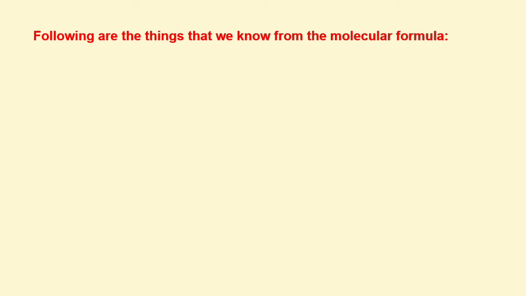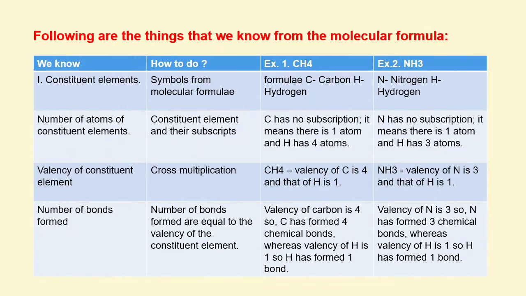Following are the things that we know from the molecular formula. From the molecular formula, we know constituent elements, number of atoms of constituent elements, valency of constituent elements, and number of bonds formed. How to do? Symbols from molecular formula, constituent elements and their subscripts, cross multiplication. Number of bonds formed are equal to the valency